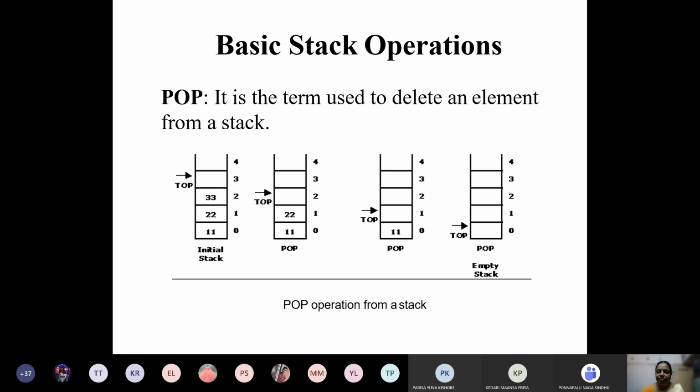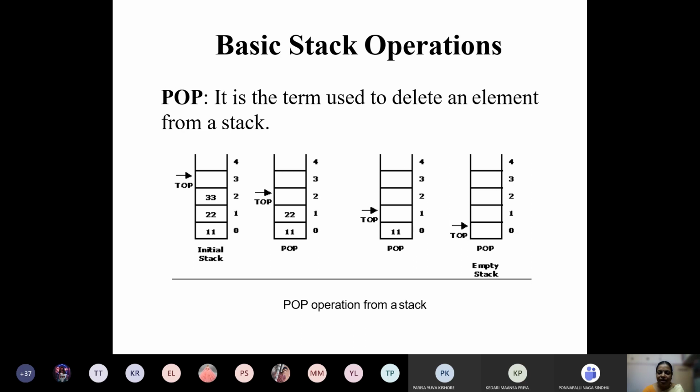The next operation is the pop operation. This removes an element from the stack. Whenever you remove an element from the stack, you can remove the element at the top position. Whatever element is at the topmost position of the stack, only that you can remove.